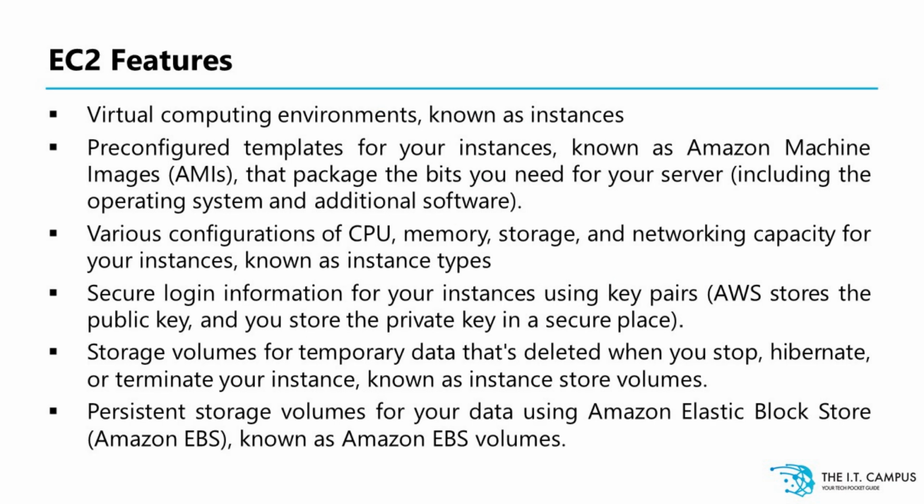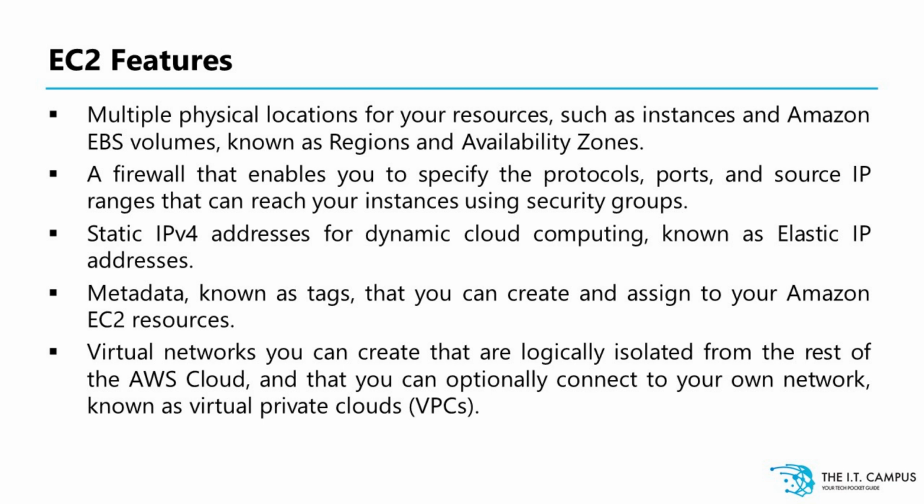Next is the features of AWS EC2. AWS EC2 provides the following features: a virtual computing environment known as instances; pre-configured templates for your instance known as Amazon Machine Images (AMIs); various configurations of CPU, memory, storage, and networking capacity for your instances known as instance types; secure login information for your instance using key pairs; storage volumes for temporary data that's deleted when you stop, hibernate, or terminate your instance, known as instance store volumes; persistent storage volumes for your data using Amazon Elastic Block Store, known as Amazon EBS volumes;